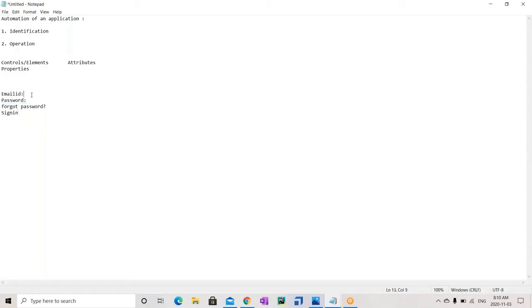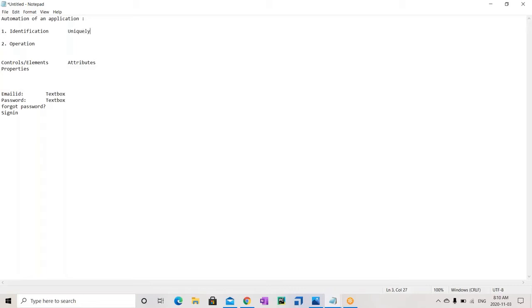These two are text box fields, because in these two fields you are entering some data. So what if I ask my system to go and pick up a text box and enter some text in it? How can it understand which text box it should pick up? It will not understand, right? It can either go and pick this one up or it can go and pick this one up. So I have to properly identify my control so that it will go to that specific control. That means I have to uniquely identify my controls.